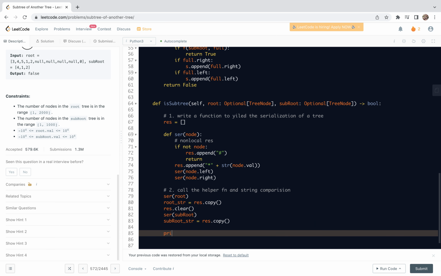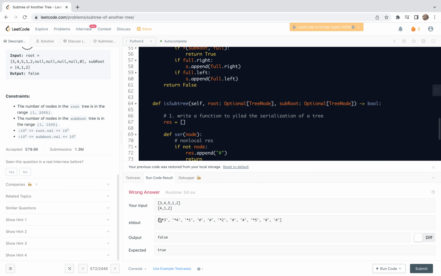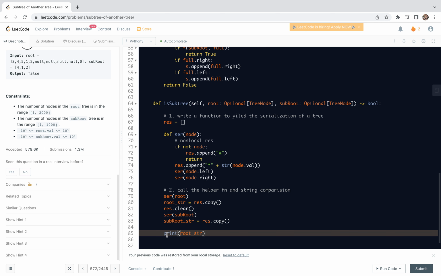Here let's first print the serialization of root string to give you a feeling. So this is the serialization, right? In order to compare the substring, we can actually do a join operation. So let's return. We want to check if the joined subroot string is in